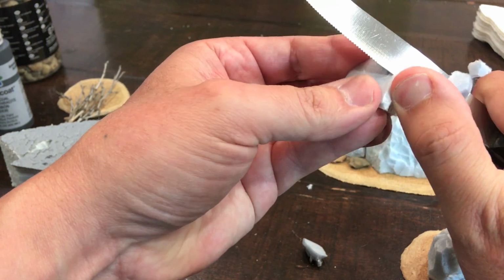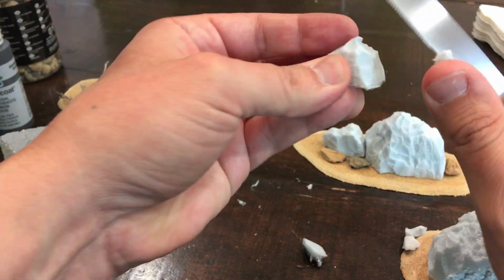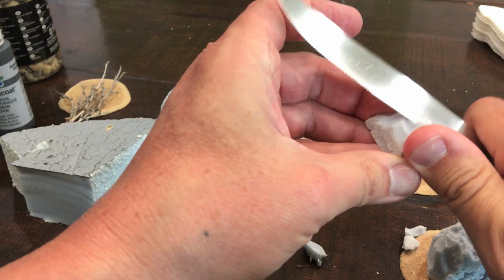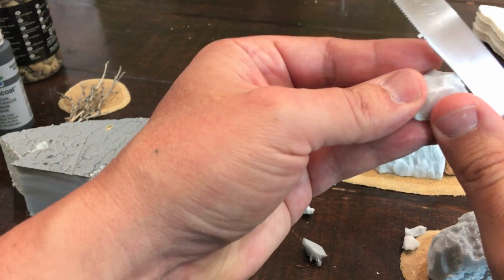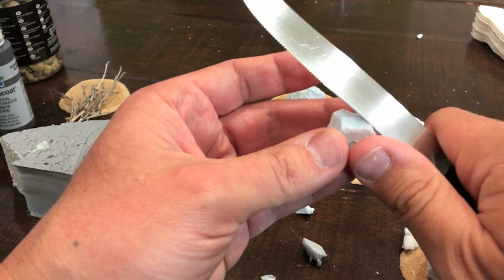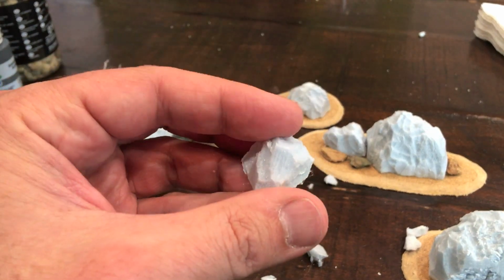So remember, since this is a subtractive art, you want to start bigger than you want the final project to be and work down. So I'm just going to chip away until I get a more organic shape. Try and get rid of all the smooth sides. There you go, something like that. And then once you've got something close to what you want,